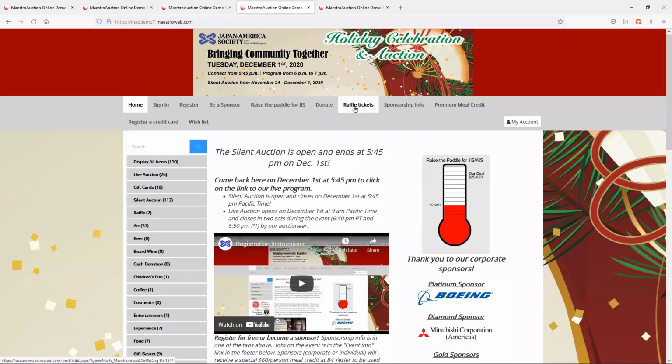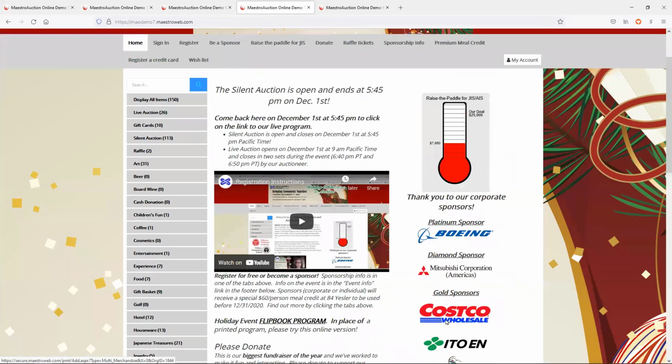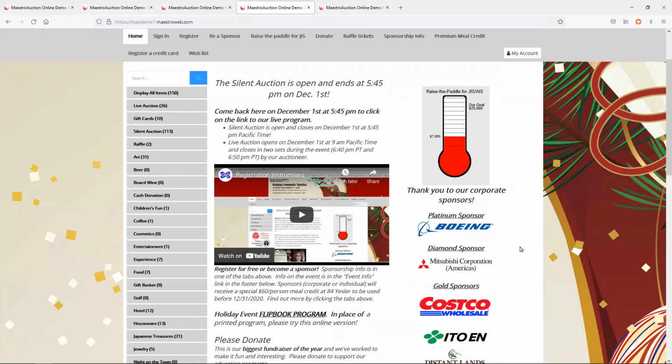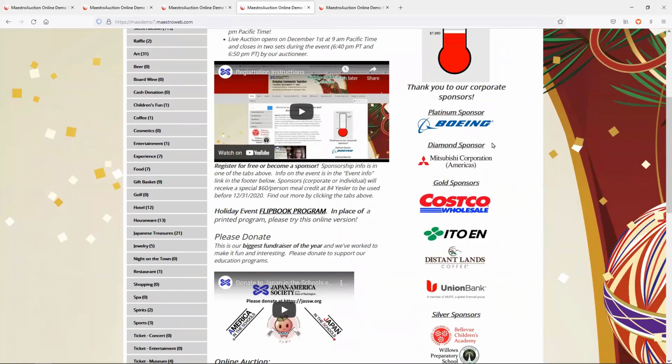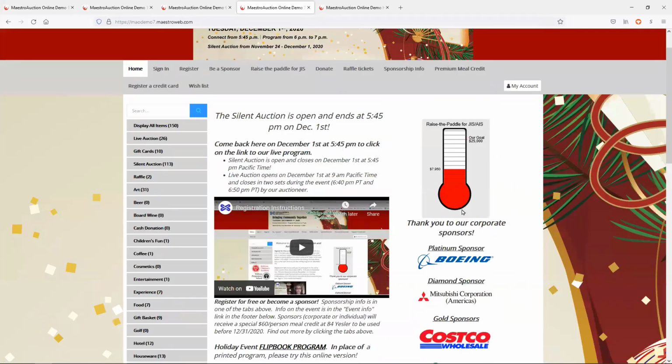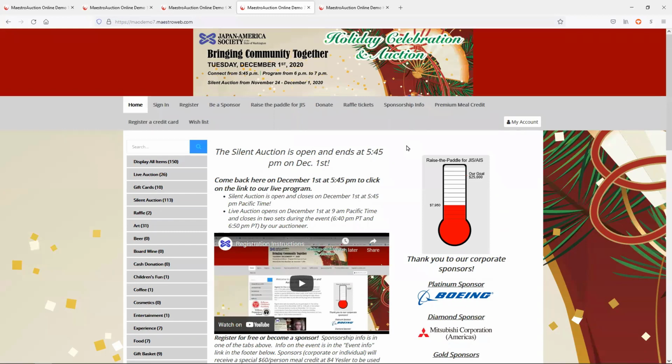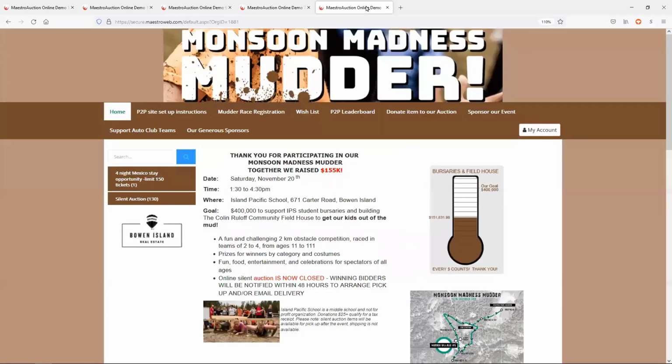Okay, so again, whatever you want on the screen is pretty much customizable using a word processor. In this case, the client wanted their sponsors to all be visible at the same time. They listed them down the right-hand side. Let's talk specifically now about the peer-to-peer feature. In the peer-to-peer,